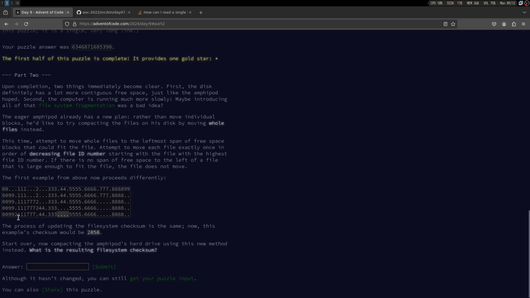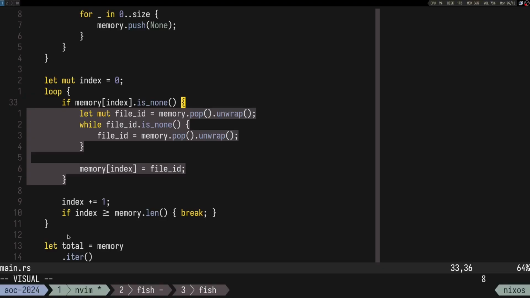So we just stop. So the process of updating the file system checksum is the same. Now this example checksum would be like this. So when we simulate the thingy,